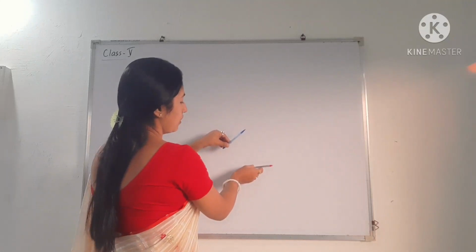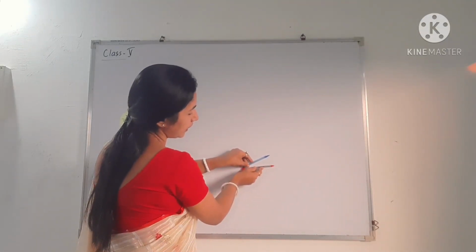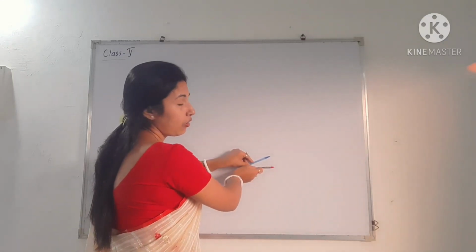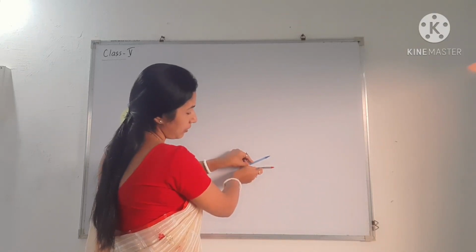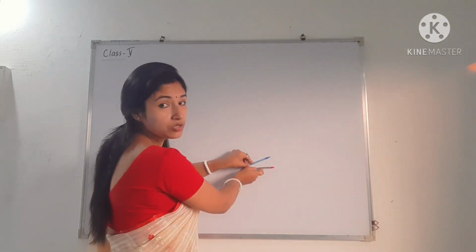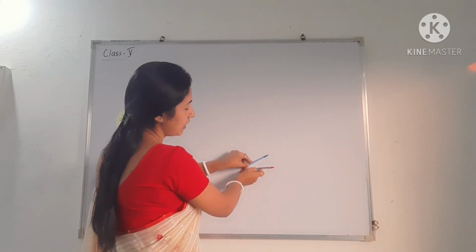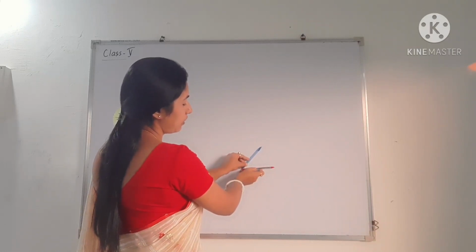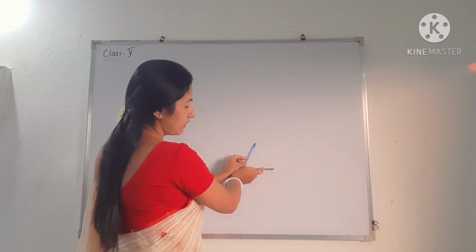So see, there is a gap in between the red and blue pen, and this gap is called the degree, or you can say the angle between the two arms. Between the two lines or between the two arms. Where are the two arms? The red pen and the blue pen are the two arms. So see clearly, I am moving the blue pen like that. The gap between the red pen and blue pen is increasing.